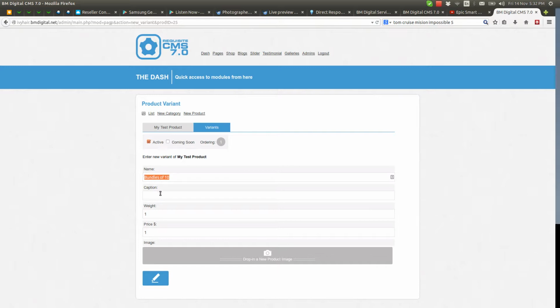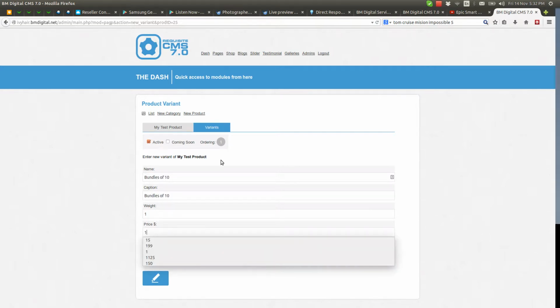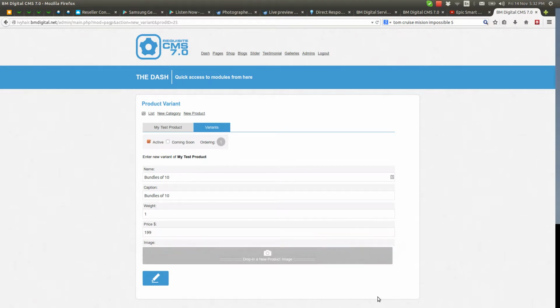It's probably best that we do put something in the caption field, though it's not essential. And we'll say that this is $1.99. You can add an image if you want, but the way your shop's set up at the moment, the variants don't require an image, so it's kind of a waste of time. So I would suggest you just leave that. So click add,